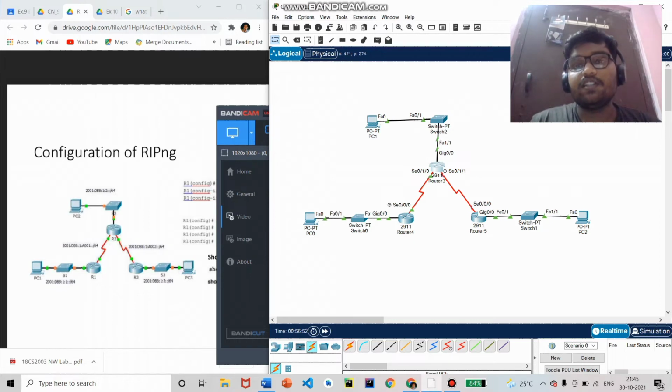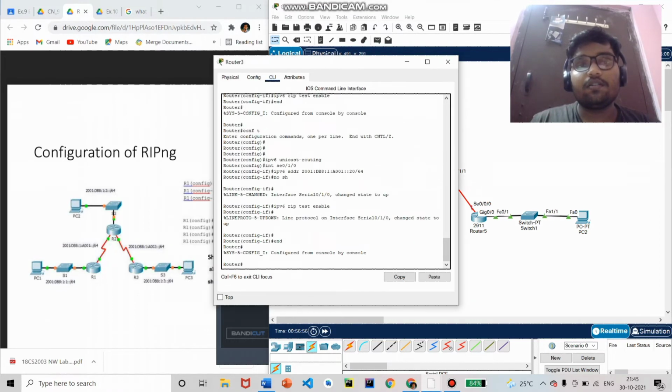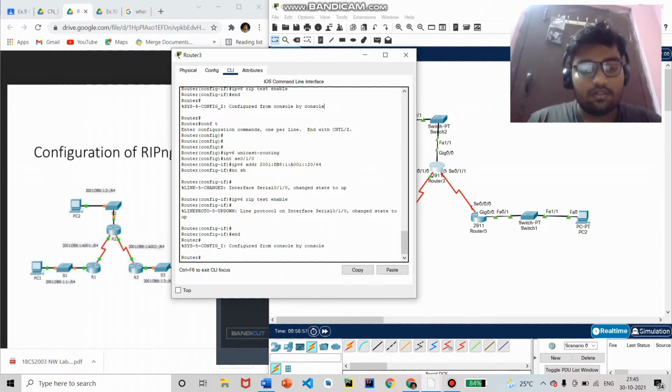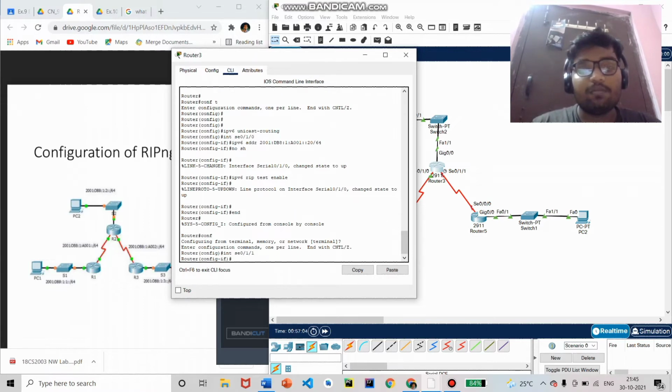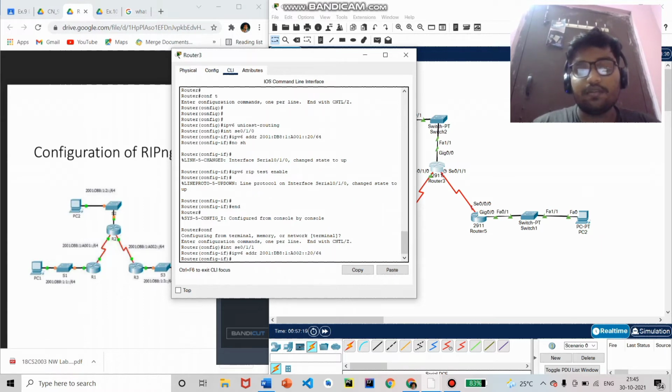Now coming to the 0/1/1 side, so I will configure that side. Config terminal, interface Serial 0/1/1 this time, and just give the IPv6 address 2001:db8:1:a002::20 this side and 10 on the other side.